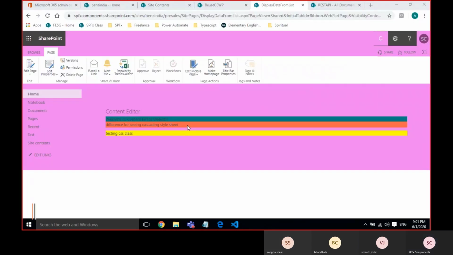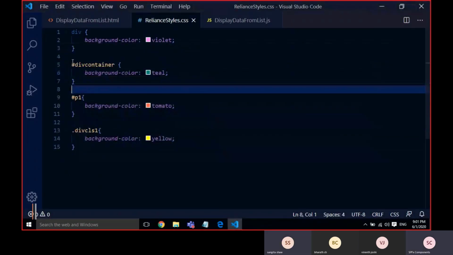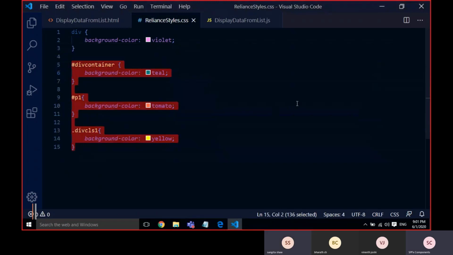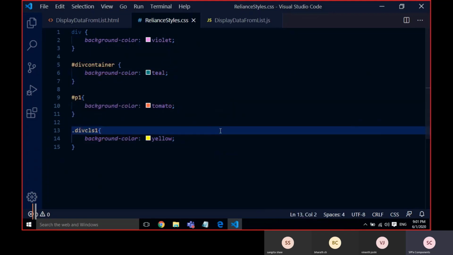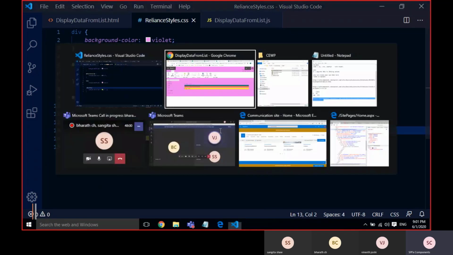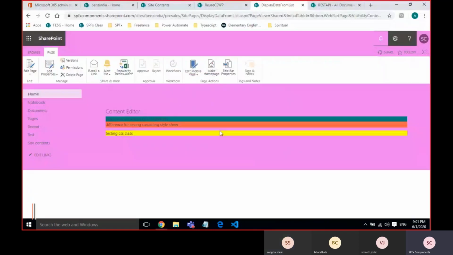So that's why generally we use ID and class. The reason is, maybe today it is okay, based on the tag it may work.